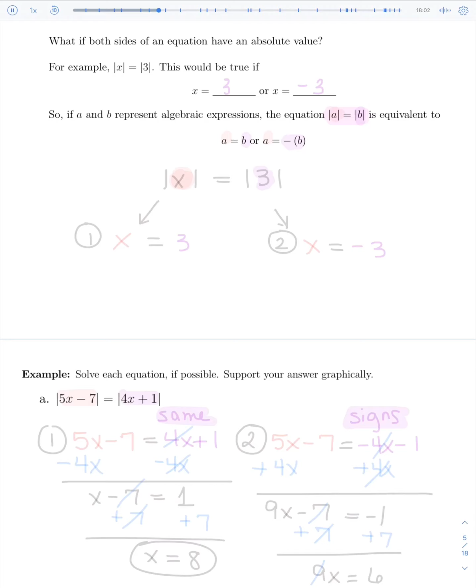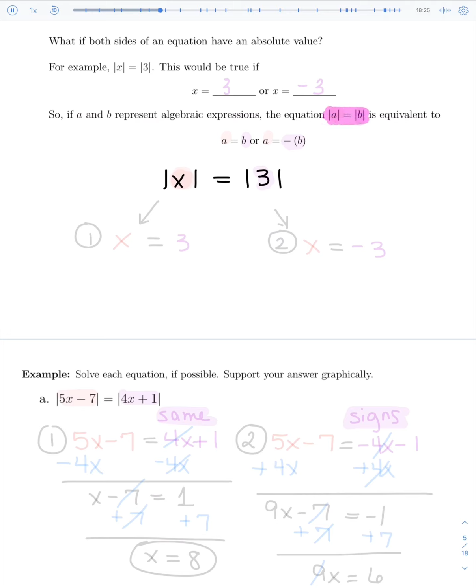Our little part has to deal with what happens if I run into not one absolute value in my equation, but two. So what if I have an absolute value on both sides? And what this equation up top says is that if you've got an absolute value on both sides of your equation,